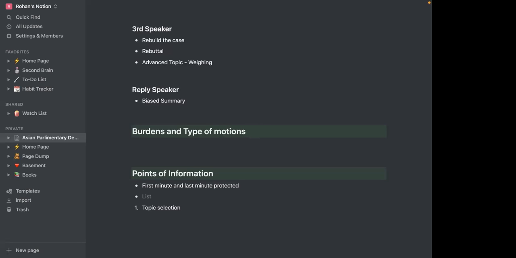Therefore, it's extremely important to take points of information, because it provides clarity to the judge as to how strong your case is. Even if your case is strong in a vacuum, it needs to be strong compared to the other side. And it's only when you take points of information that a judge can accurately assess how good these are when they are put up against each other. So it's recommended you take 1 within your speech, maybe 2 if you have the time, but definitely not more than 2.